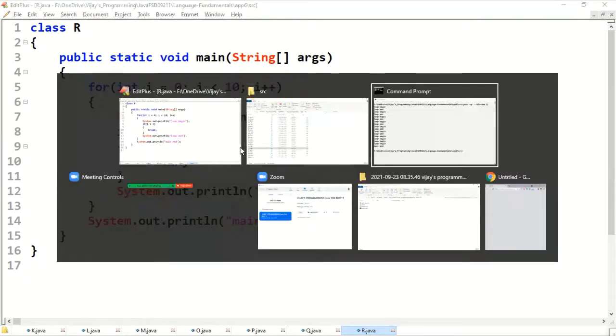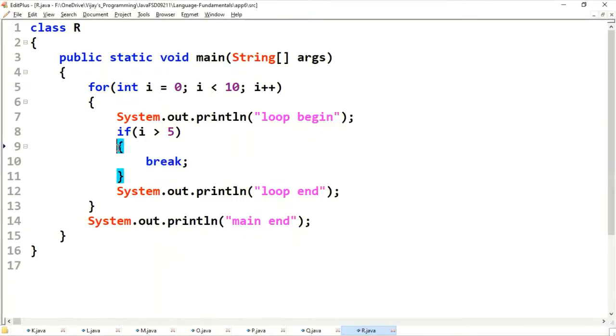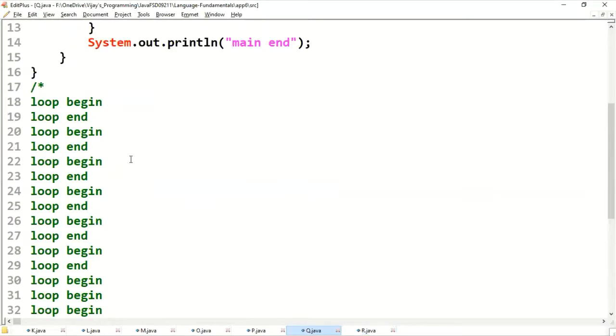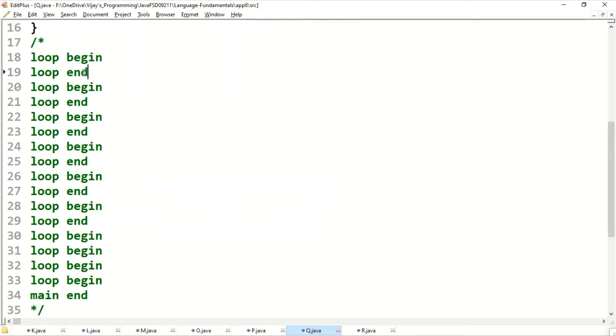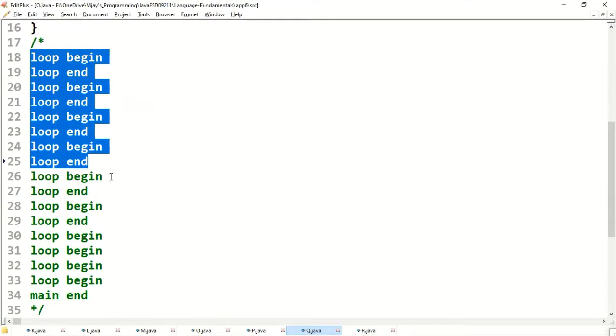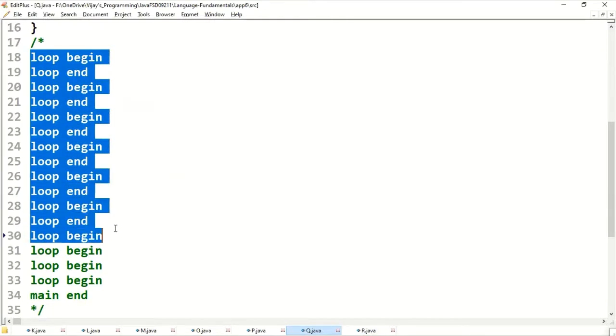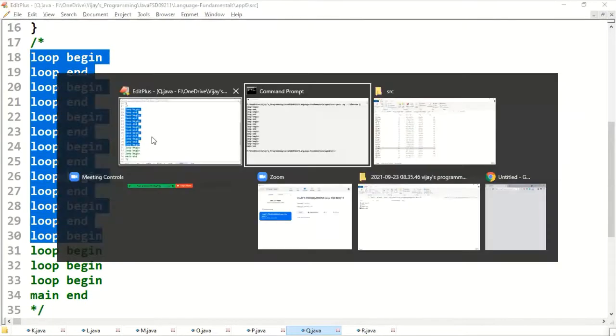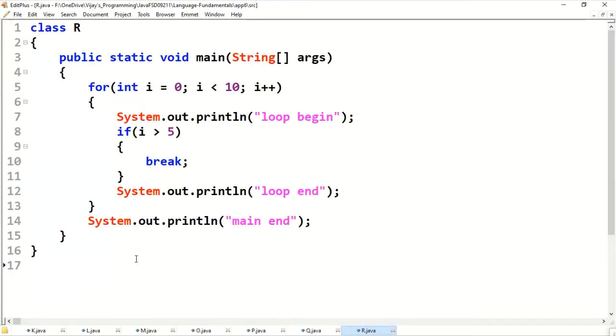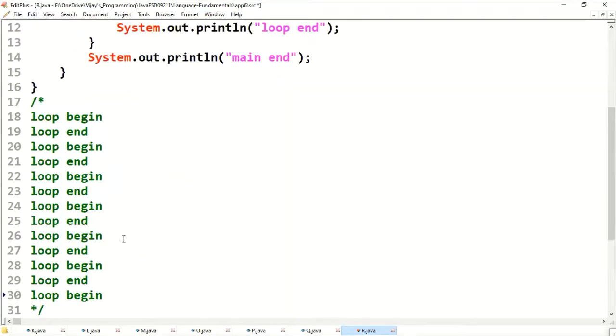Same story here. Observe carefully. This is for the 0th iteration, 1st, 2nd, 3rd, 4th, 5th.